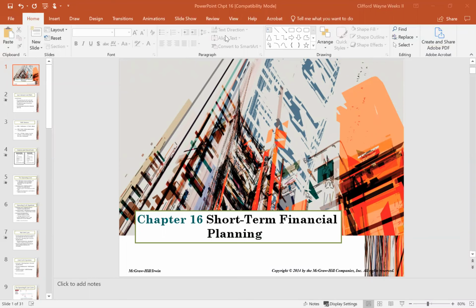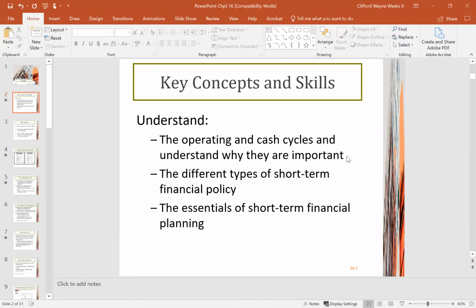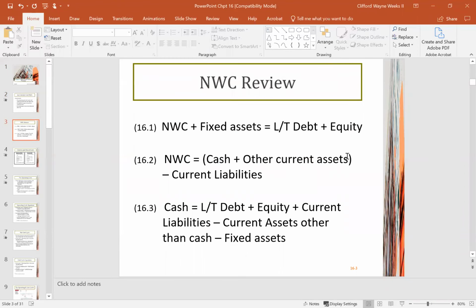And so short-term financial planning: whenever we're talking about short-term, we're talking about something that is 365 days or less. In this chapter, some of the concepts and skills that we need to understand are the operating cycle and cash cycle, and why they are important; the different types of short-term financial policy; and the essentials of short-term financial planning. All right, and so starting off, and again, unfortunately for you non-accounting majors, we are going back to